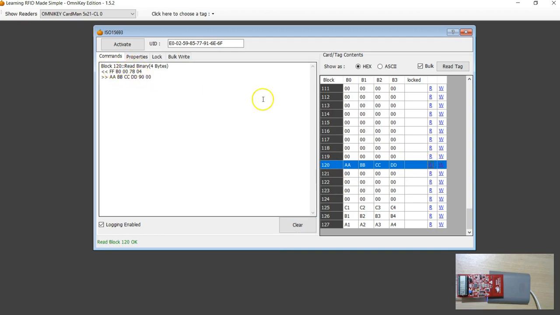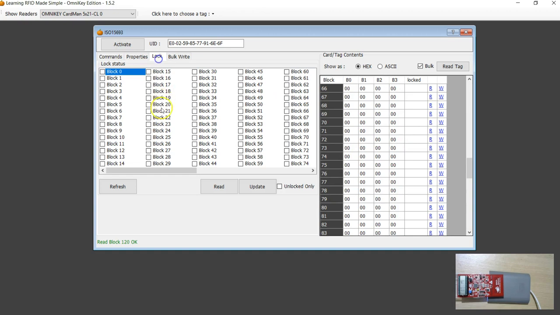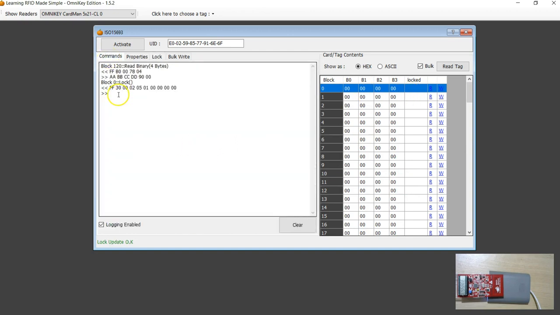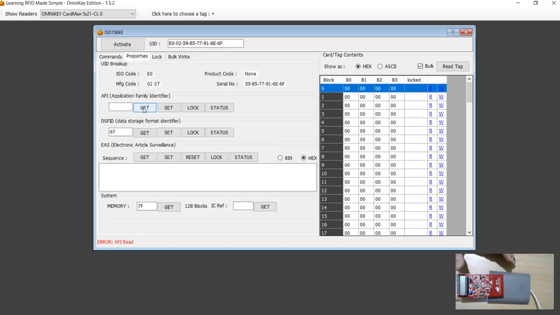This is the read binary command, and the lock doesn't work here. If you just try to lock, I'm going to lock block number 0, and say update. Now the lock failed. I don't know whether it's because of the connection. When I clicked on get, I got an error, because there's something to do with the way, probably the way you keep the board. Now you have to activate again, get,